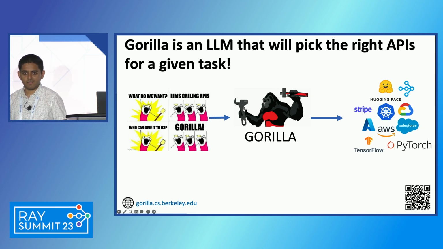And then we realized not very many people call Hugging Face APIs on a daily basis outside of machine learning researchers, right? But we got a lot of feedback from users saying, hey, look, we use Kubernetes daily, but that's so hard. There's so much going on. Can you give us a Gorilla that's trained to use Kubernetes calls? So since then, we have gone ahead and added some more APIs. There's more and more that we're adding, where you can just talk to the LLM, and the LLM is going to call the APIs for you.